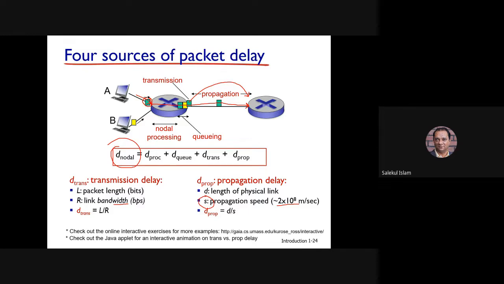So entry of one router to the entry of the next router, এটাকে আমরা হপ বলি, যে একটা হপ থেকে আরেকটা হপে গেলা বা একটা নোড থেকে আরেকটা নোডে গেলা, ইন টোটাল কি পরিমাণ টাইম লাগে, এই টোটাল টাইমটাকে আমরা বলি হচ্ছে গিয়ে নোডাল ডিলে।